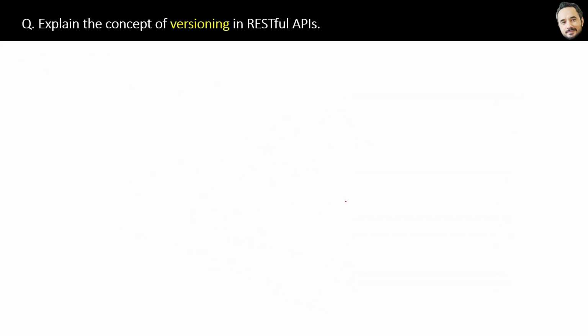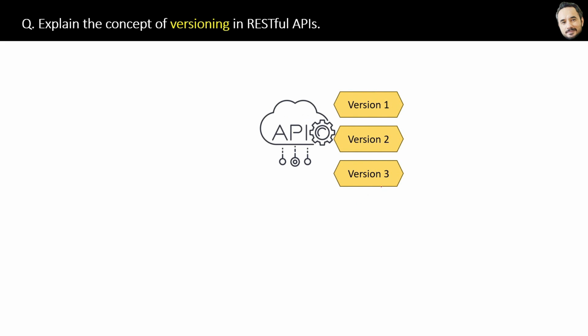Explain the concept of versioning in RESTful APIs. Yes, like we get new versions of mobile phones and softwares with time, same is the case with APIs also. With time, as per the new requirements, we create a new version, like these 3 versions of our REST APIs, and then maintaining all these old and new versions is called